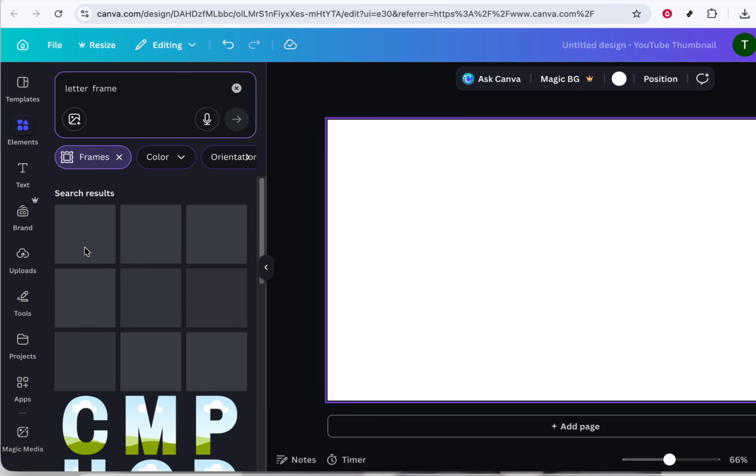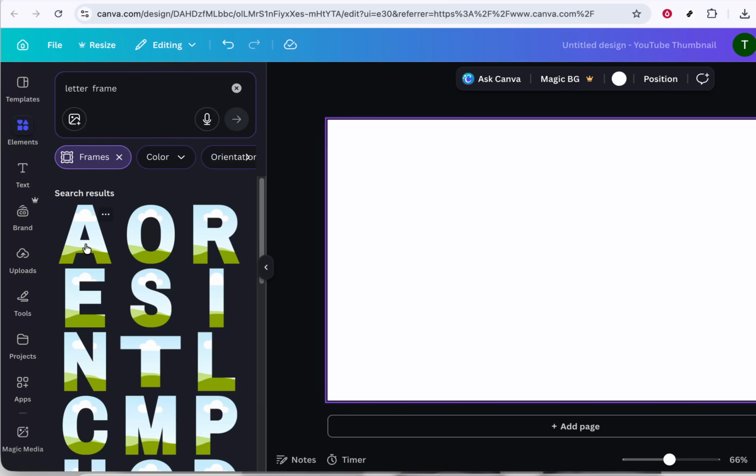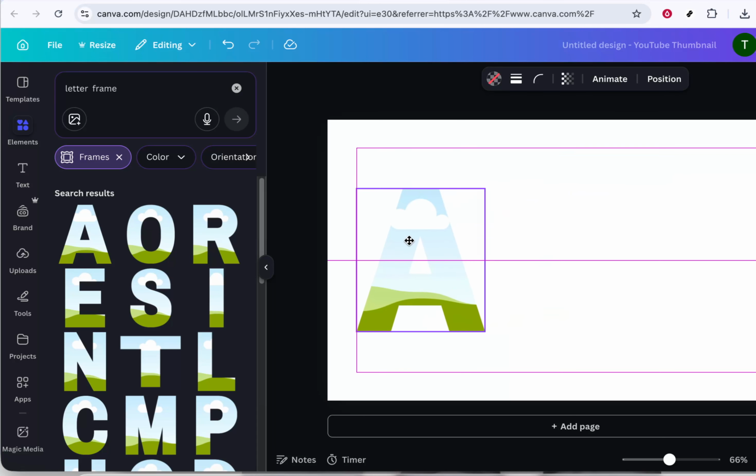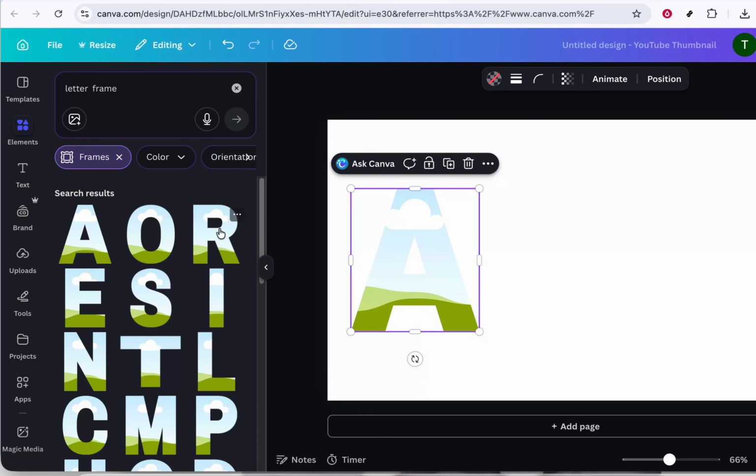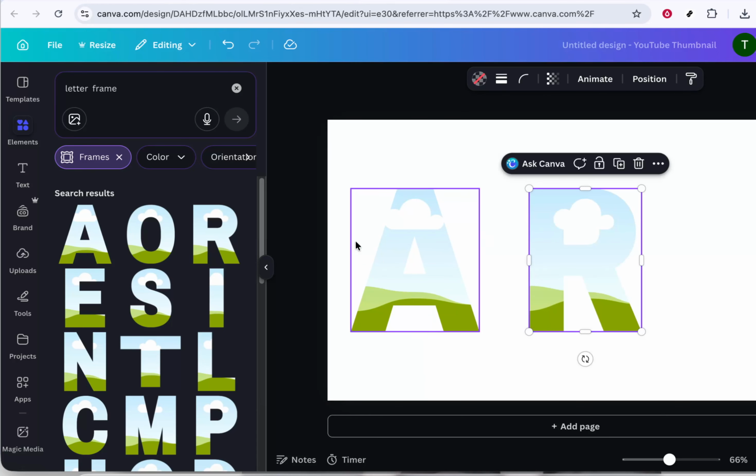Now, find the specific letter frame you want to use. For example, if you're working with the letter E, scroll until you see the E-shaped frame. Click on that letter frame to add it to your design. It will appear in the middle of your canvas, and you can resize or move it just like any other